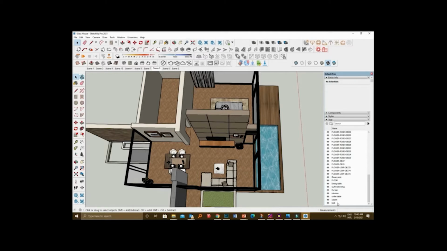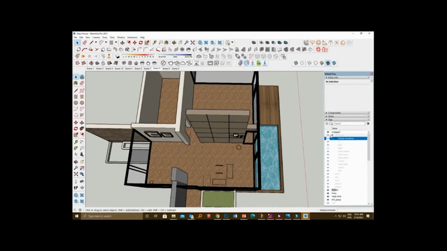Now, almost all the furnitures are selected. Now, adding a folder by just clicking the tag folder icon. Now I'm naming the new folder interior furniture. So now all the furniture got added to the new tag folder, interior furnitures. So either way we can create tag folders.